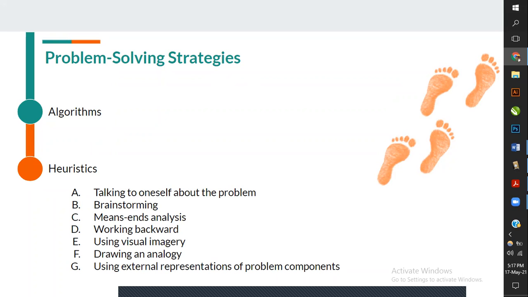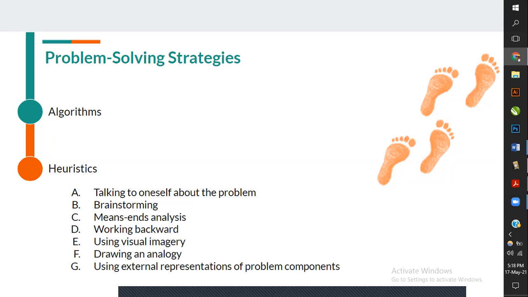Our strategies in problem solving. There are two strategies, which are the algorithm and the heuristics. Algorithms are the step by step procedure for solving a problem. It could be in a way of brainstorming or flowcharts and so on, right? So for instance, looking at the example that we did on the first slide, where we had our linear equation, we could create an algorithm there which could help us understand or solve for our value of x.